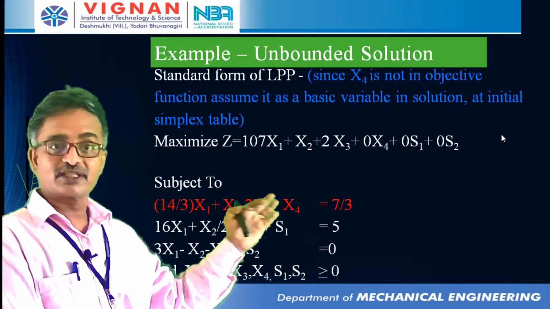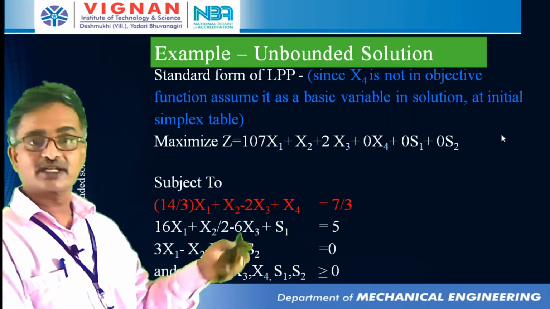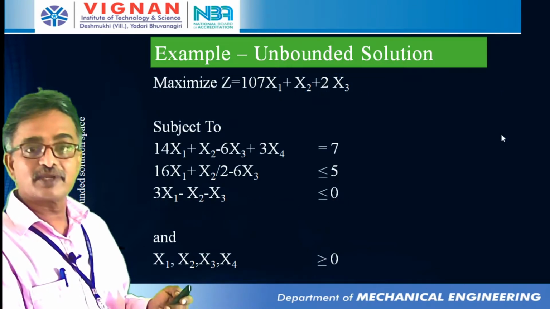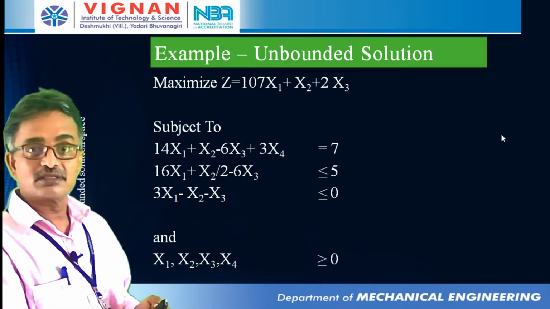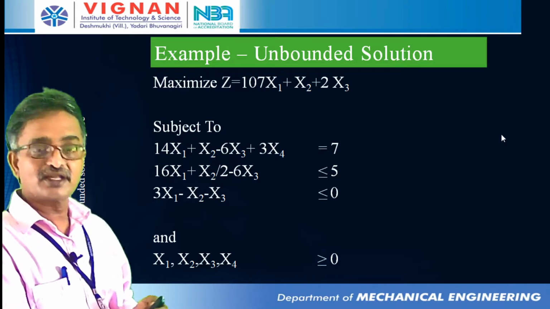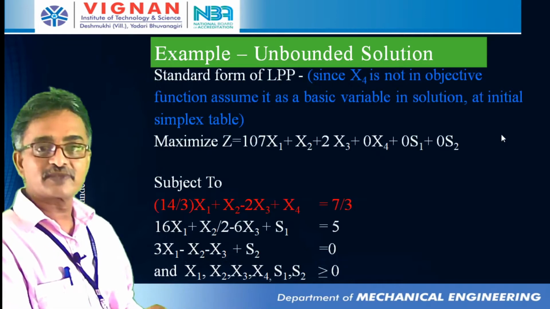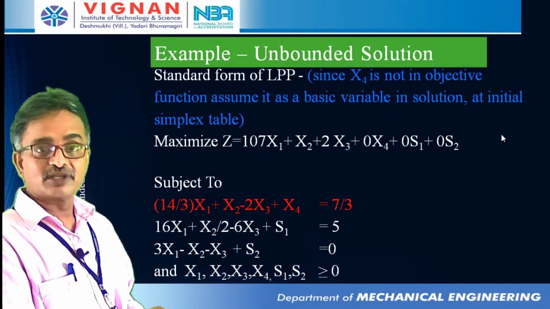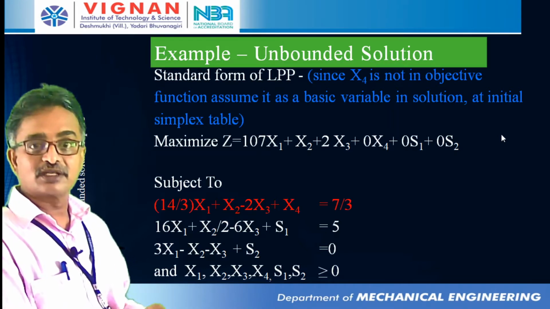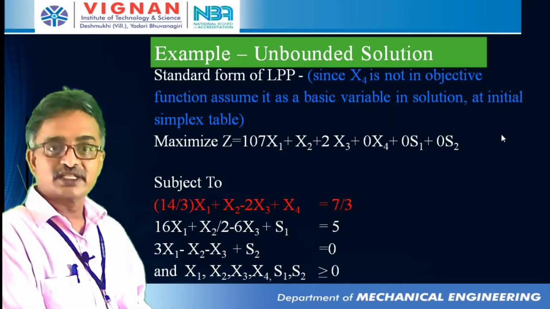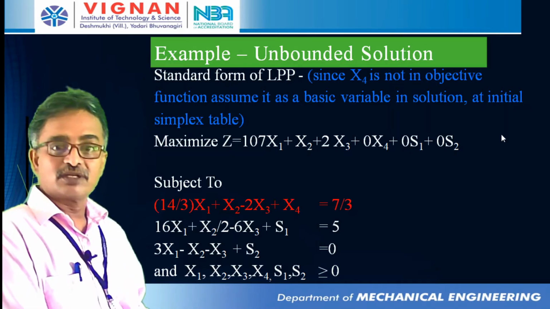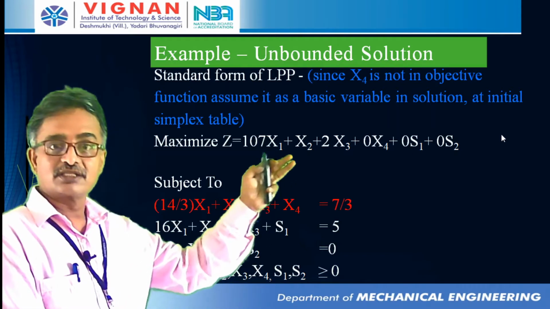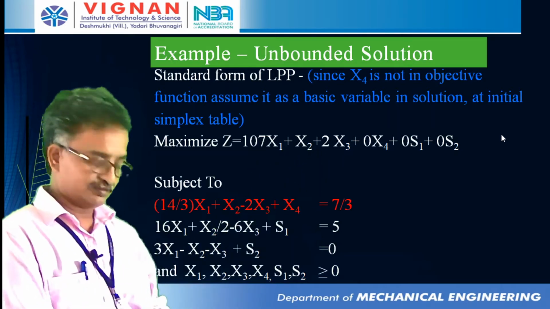For that, we divide by the coefficient in the formulation, that is 3. 3x4 is divided by 3, the left-hand side and right-hand side are divided by 3, so we make that coefficient 1. With the slack variable addition, the second constraint becomes equal to 5, and the third constraint with s2 as a slack variable becomes an equality. We have the decision vector and this modified objective function.